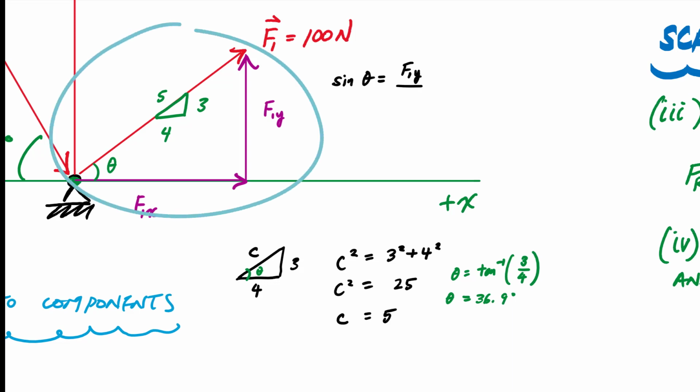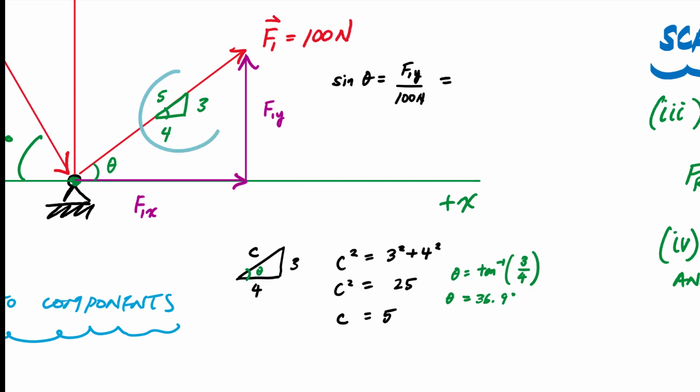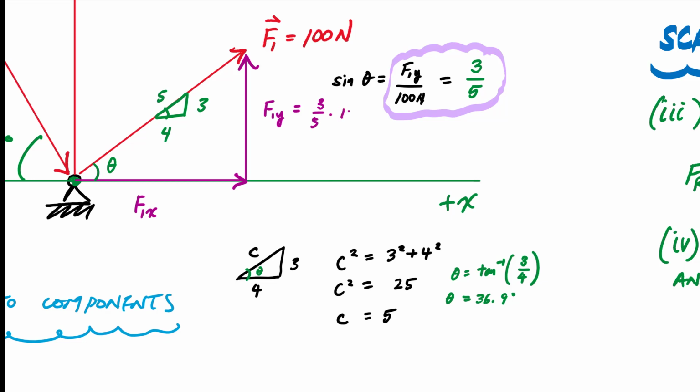And in this case, for the large triangle, that hypotenuse is 100 newtons, which is equal to sine theta here would be 3 over 5. And so what I'm using is this ratio relationship to say that F1y is 3/5 times 100 newtons,